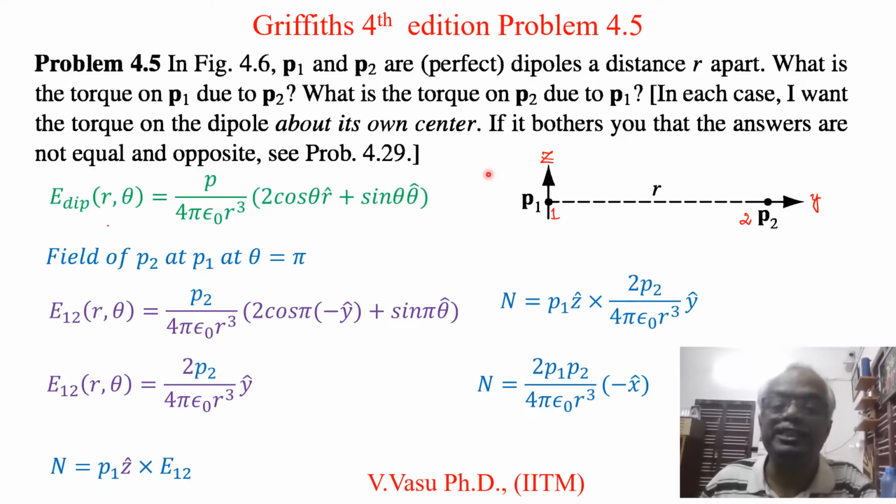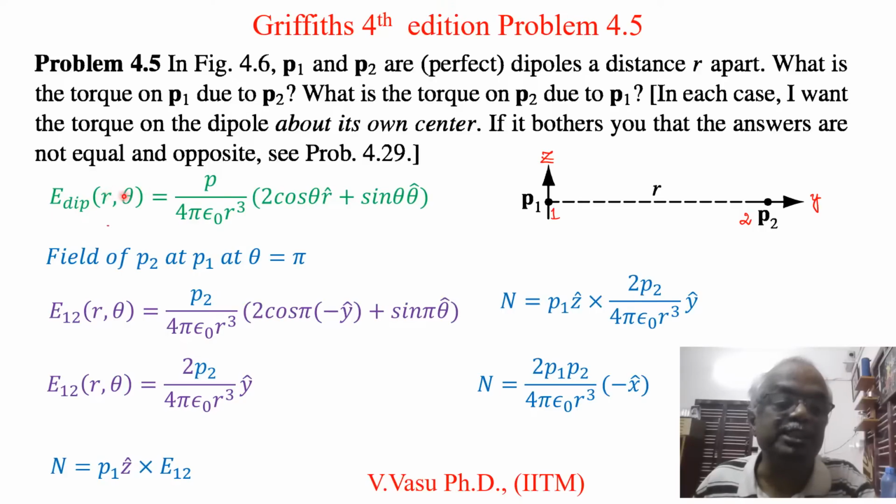Don't worry about the axes; I am considering them this way for solving the problem in an easier way. Now we know from the previous problem, problem 4.4, we have seen the electric field due to a dipole,